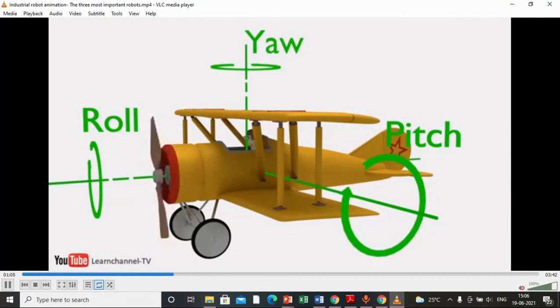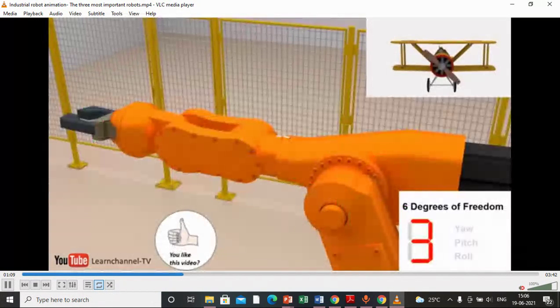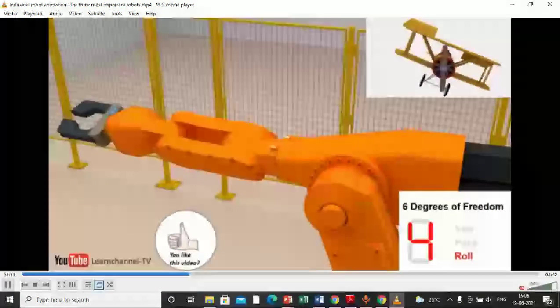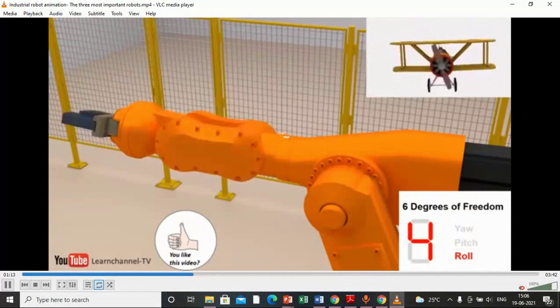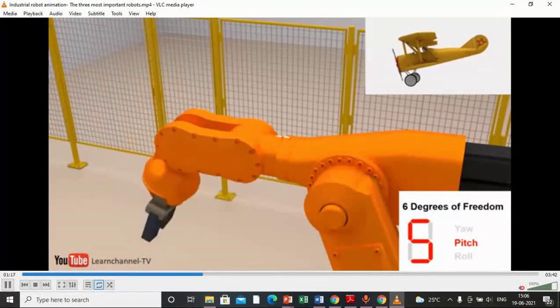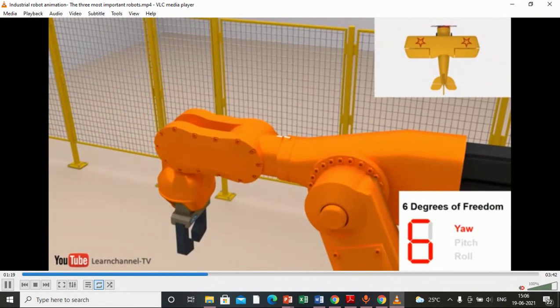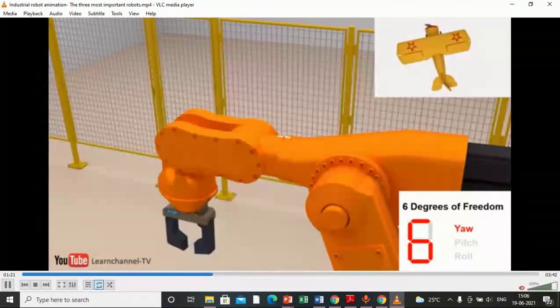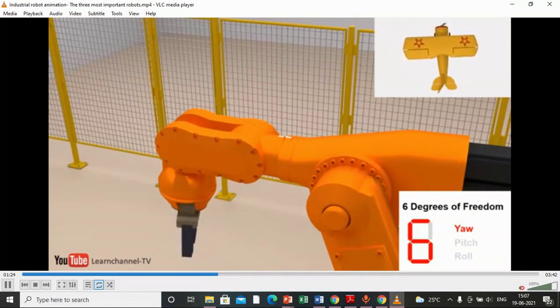Now the degrees of freedom which are shown by the robots are yawing and pitching. So you can see the wrist pitch, wrist roll and wrist yaw. Okay, this is as per our human wrist, and the end effectors are showing that those can work as per our human wrist.